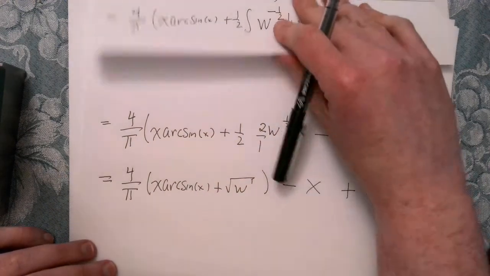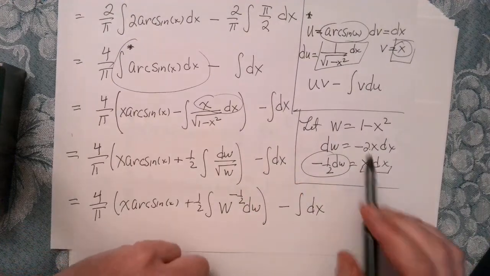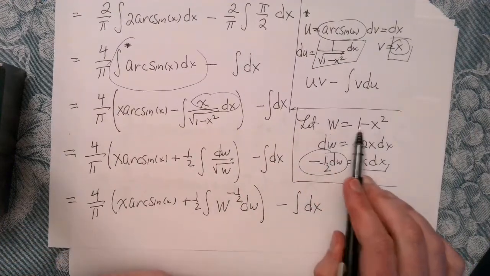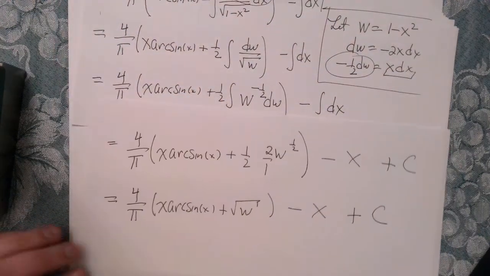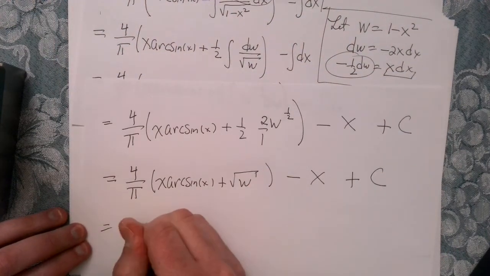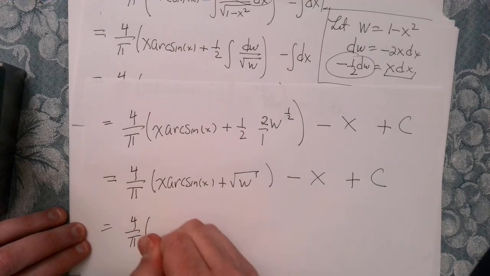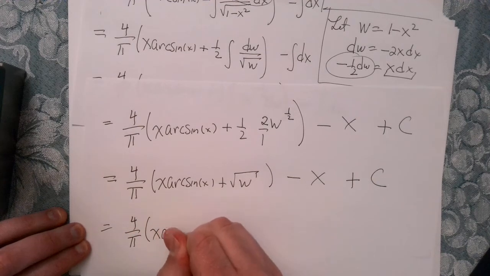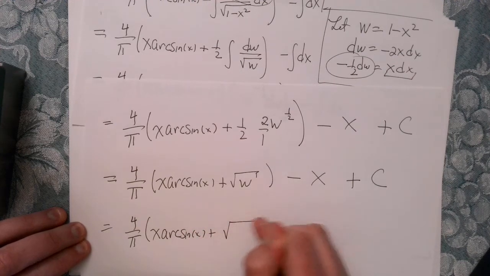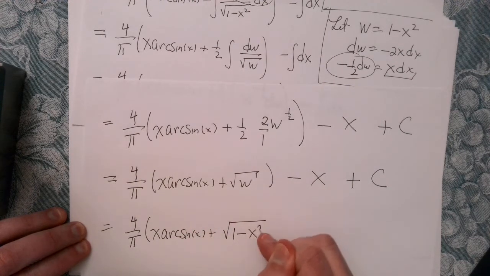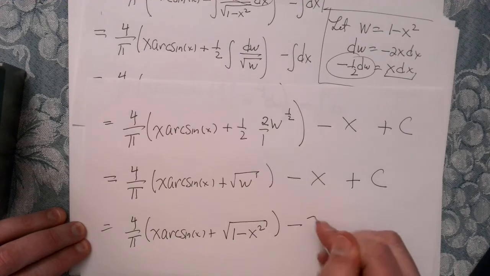And so now we just need to remember what w was. If we go back here, it looks like w was 1 minus x squared. So we're just going to back sub in for w, and we'll have our result. So this is equal to 4 over pi times x times the arcsine of x plus, and again, in for w goes 1 minus x squared, minus x